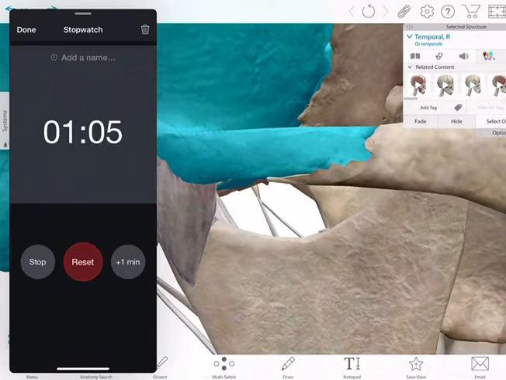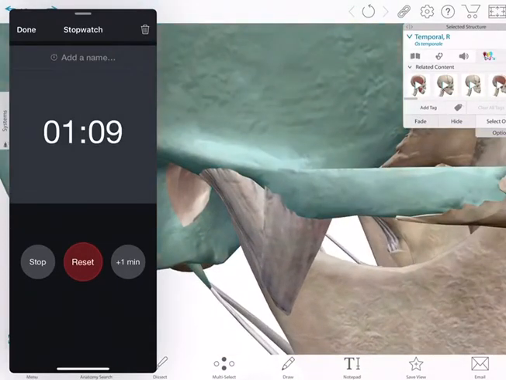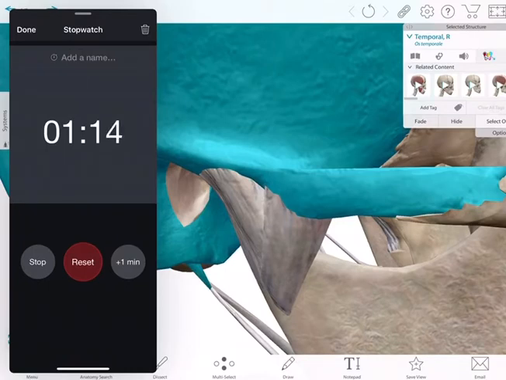The TMJ has an articular disc in the middle, which divides the joint into two compartments. So the superior compartment is bordered by the mandibular fossa and the articular disc, and it contains 1.2 mL of